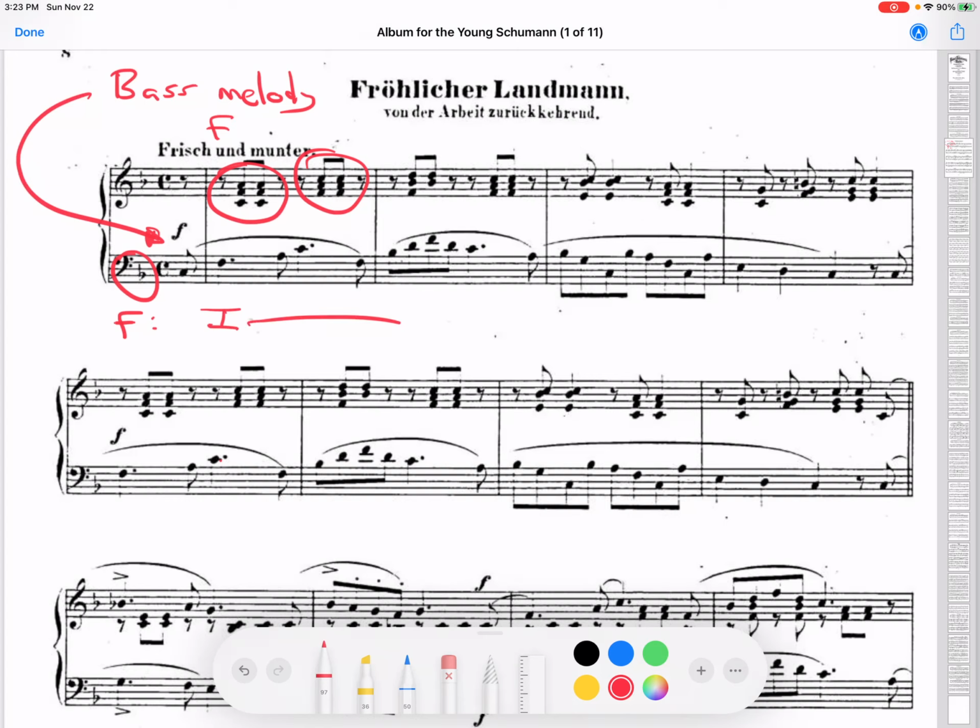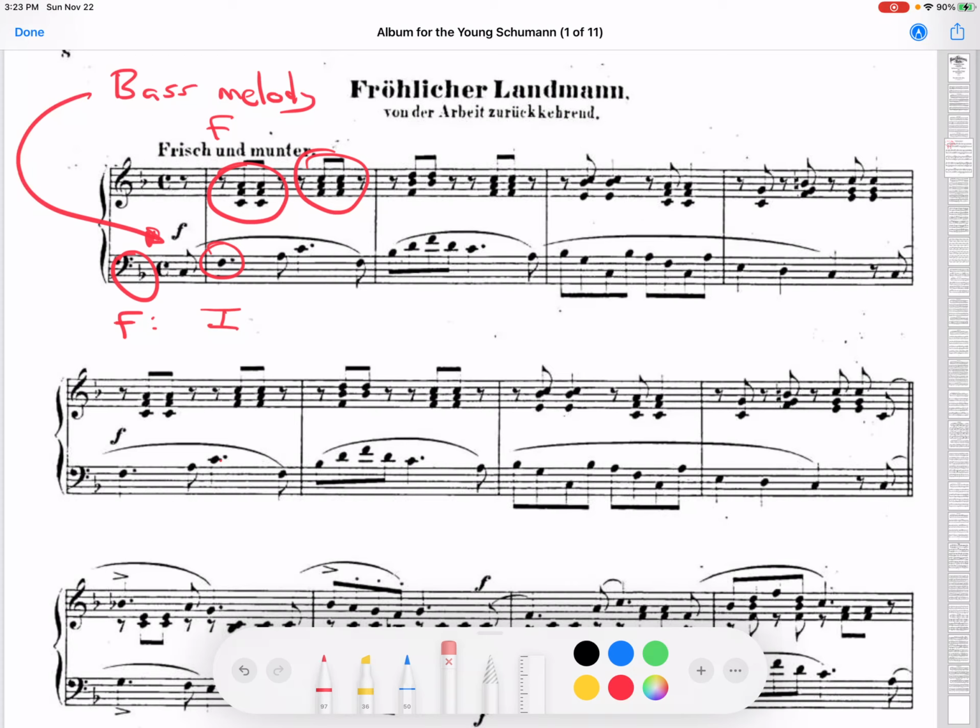like this. It does start on 1, and then you can see it goes to the 3rd, and then to the 5th. But we're not going to put 6, 4, 5, 3. No, that you should not do. You should just consider this to be in 1, and just ignore all these inversions. And then the next one, of course, this is a B flat. This is 4. And then,